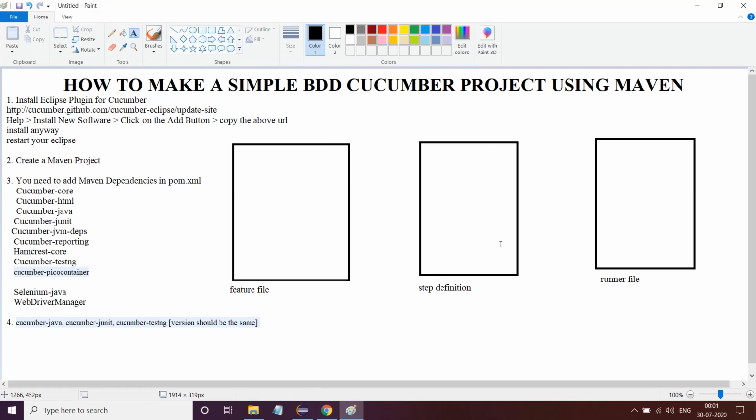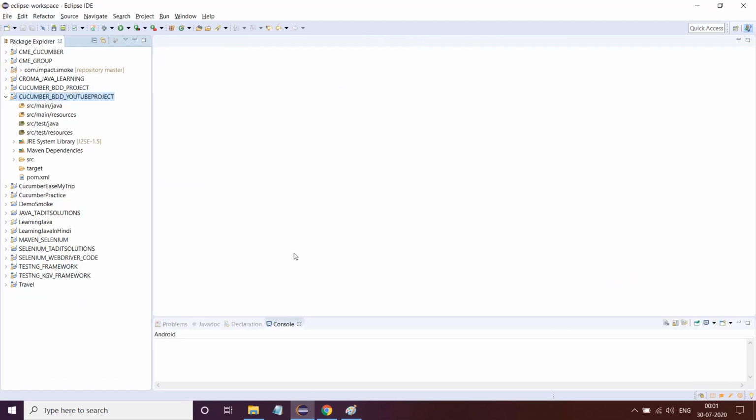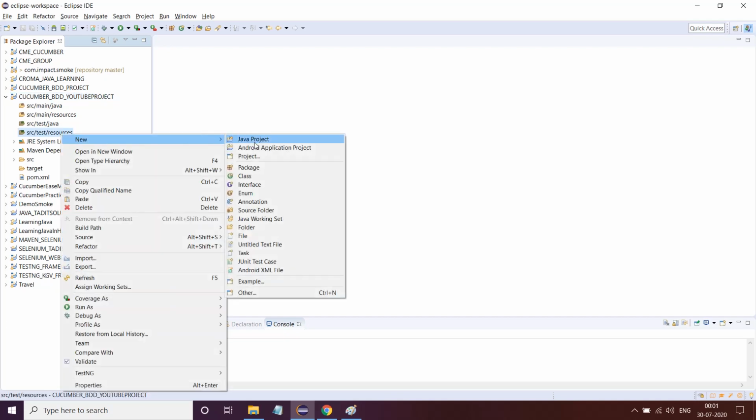This is step 5. And how do we do step 5? Let's go ahead and learn very simply. If you see, there is an src test resources folder. Okay, just go and blindly do this. Create a new folder. You can create a new folder or directly go and create a new package here.